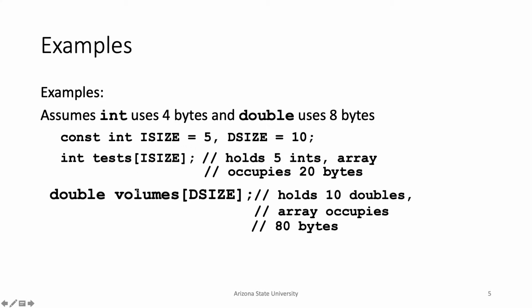5 in this case. How many doubles does the volume array have? 10, which is just the number of things here. One of the